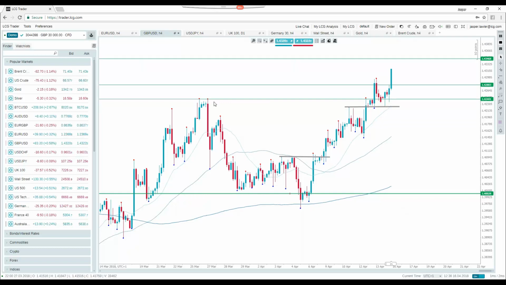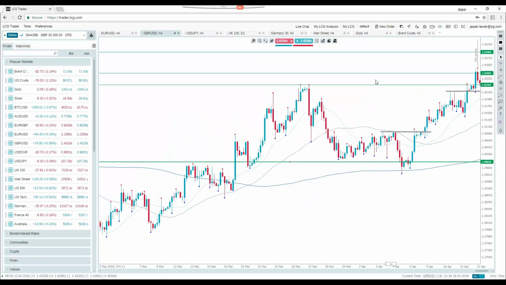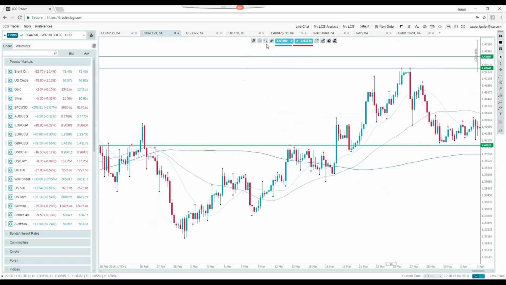So this is when we had the false breakdown through 140. We have obviously a nice rally up there, pulled back a bit from that old resistance, and then we got the break to the top side, and we've been trending nicely above this 20-period moving average on the 4-hour chart since. This was quite a significant high where we pulled back for a few hours, broke to the top side again, retested, and then if we go back to our daily chart again to get a reference point as to what this high is,